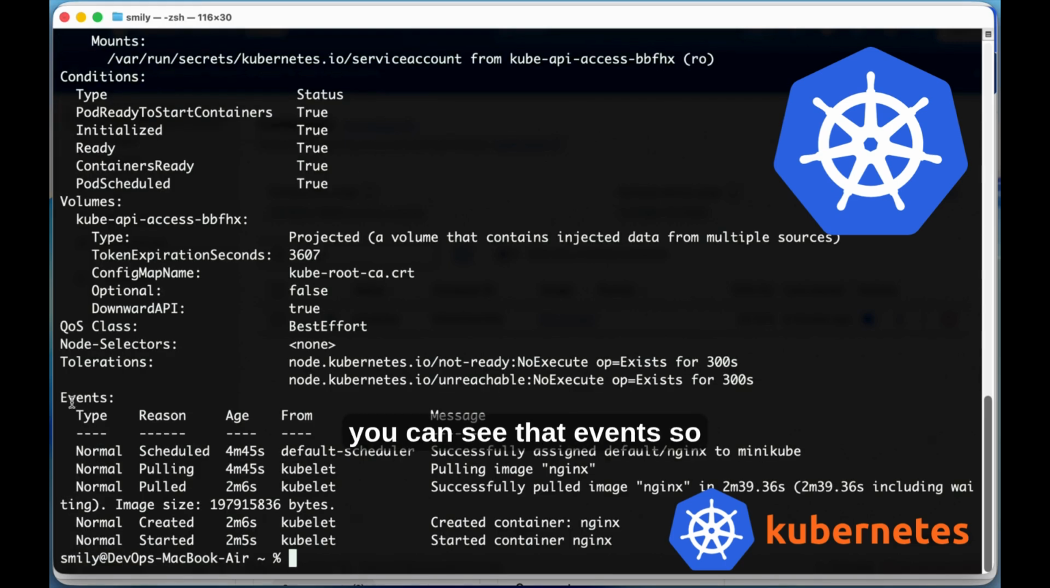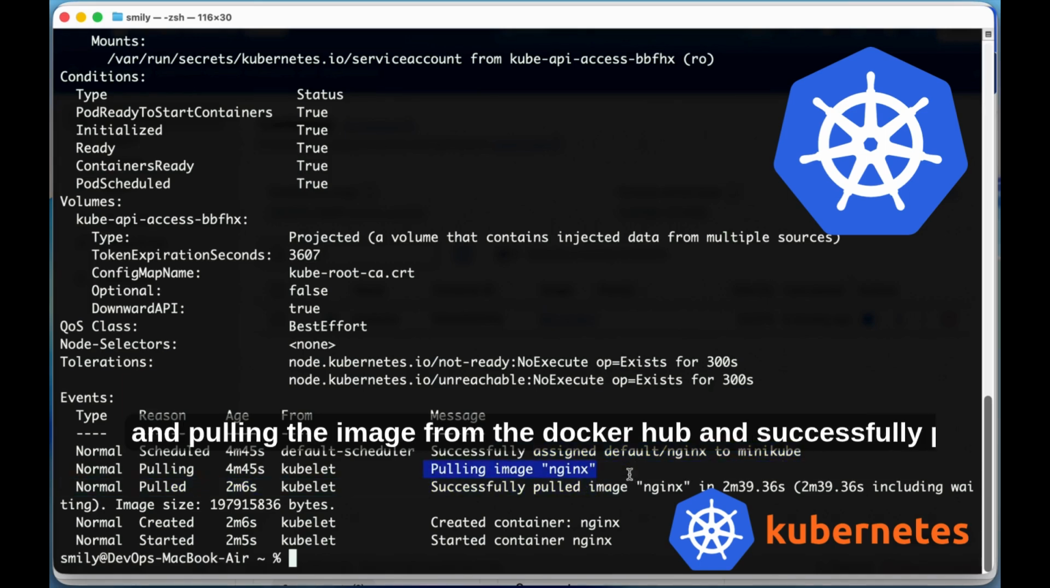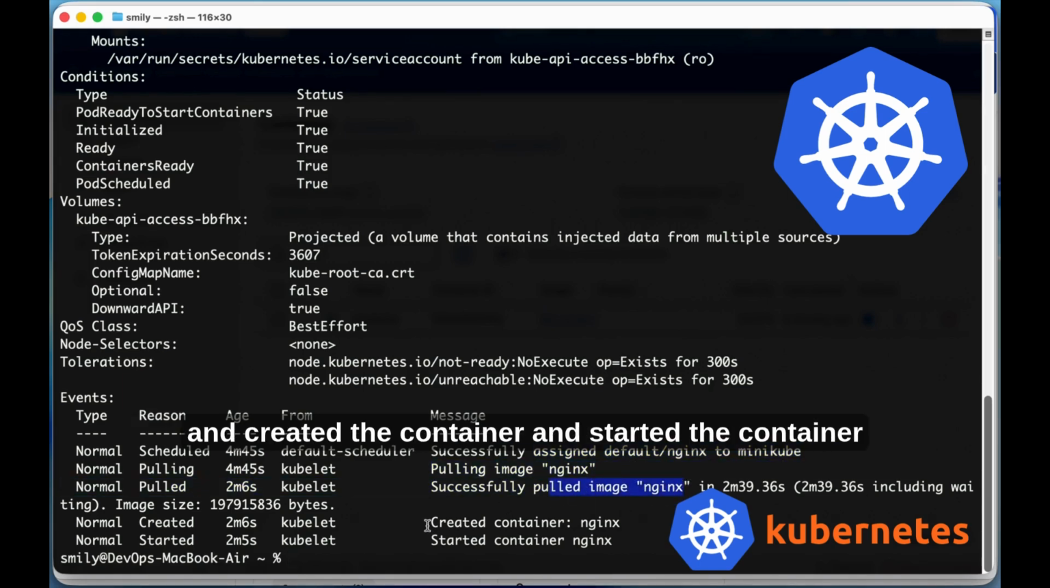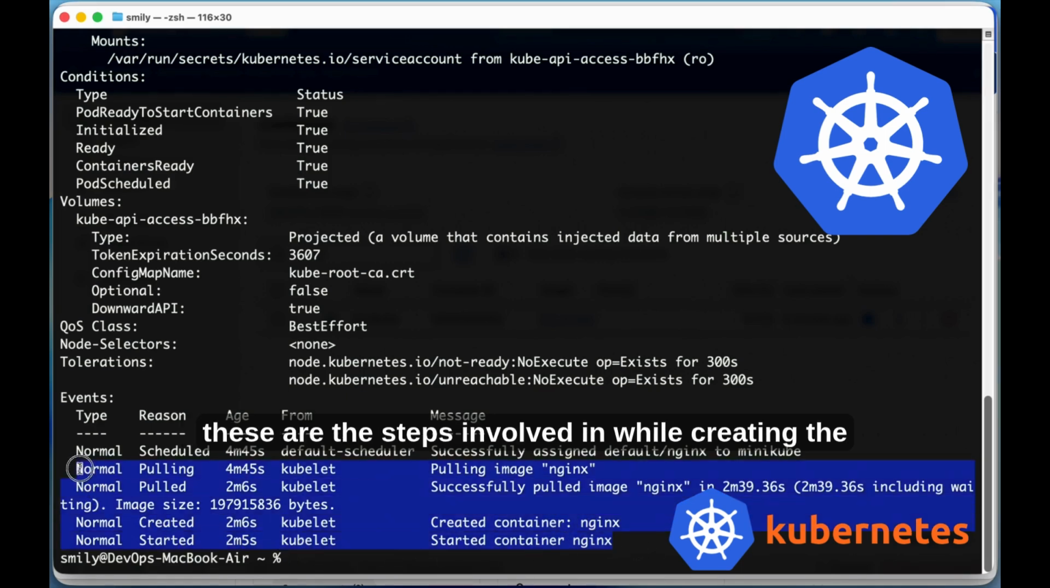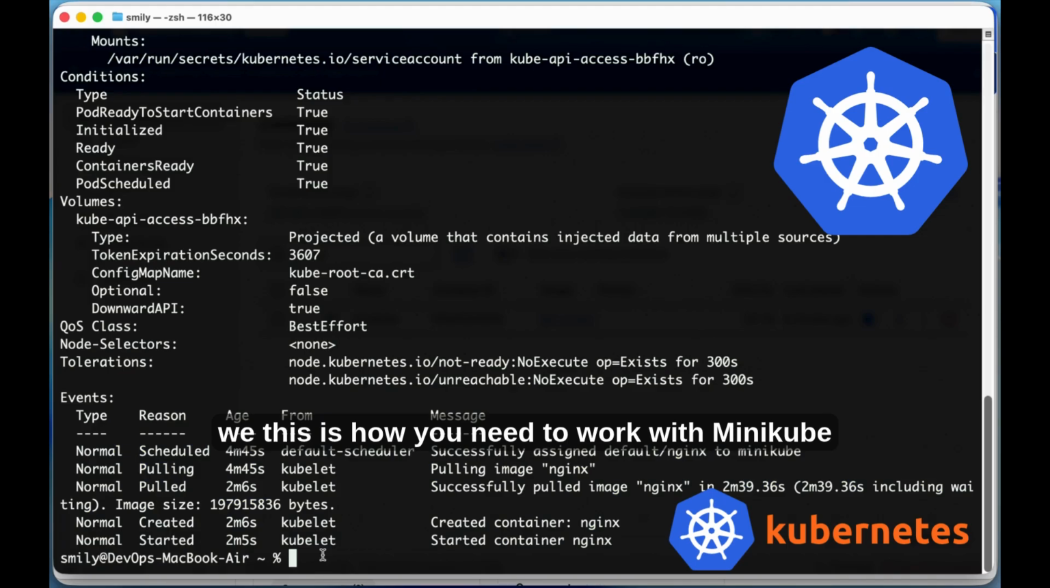You can see the events: successfully assigned default nginx to Minikube, pulling the image from Docker Hub, successfully pulled, and created the container and started the container. These are the steps involved while creating the nginx pod. This is how you need to work with